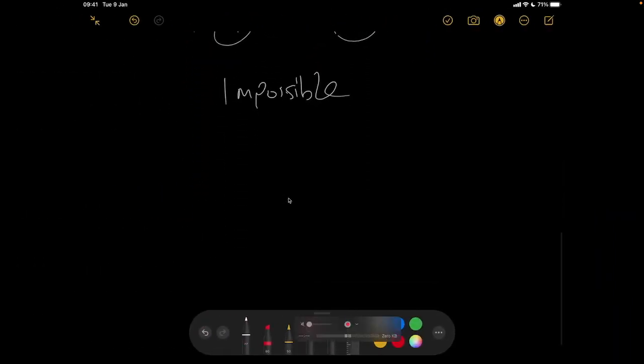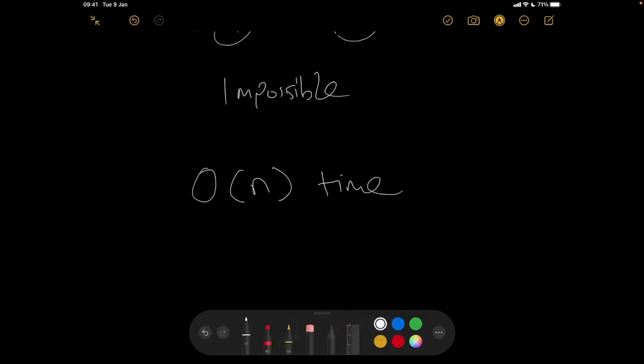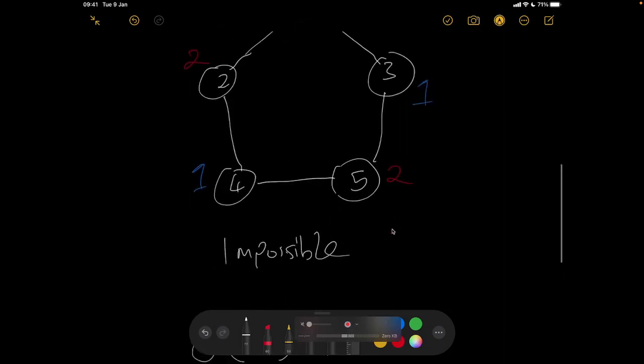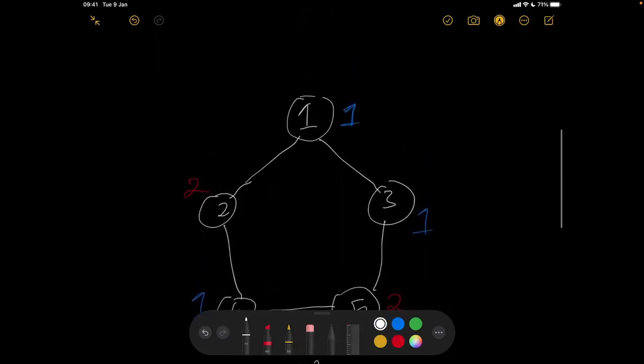The time complexity is going to be big O of n because we're just going to visit each node once to compute this, and the space also is going to be big O of n. We need to store the group given to each node. All right, so that's it for the conceptual overview. You can pause the video and try to implement this yourself. We're going to do that next.